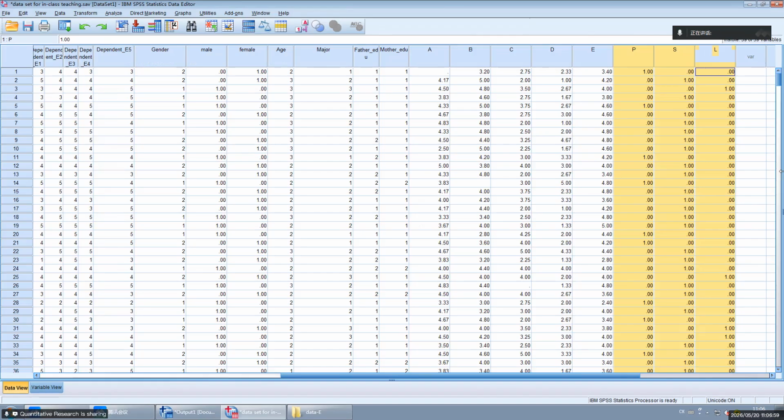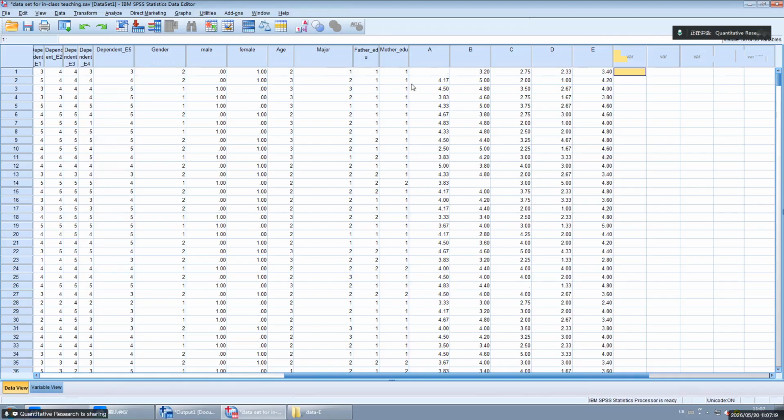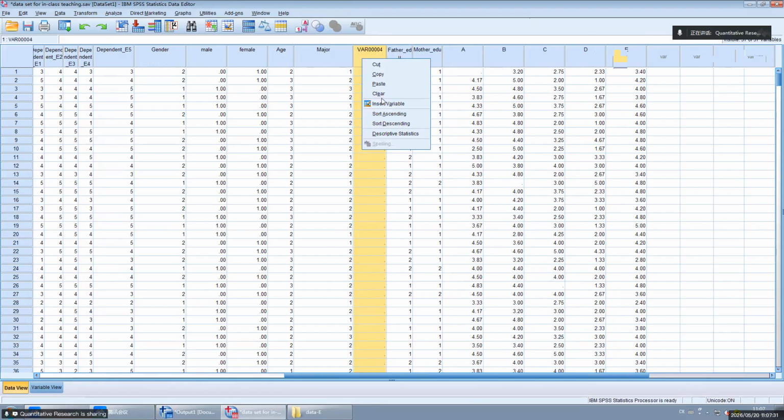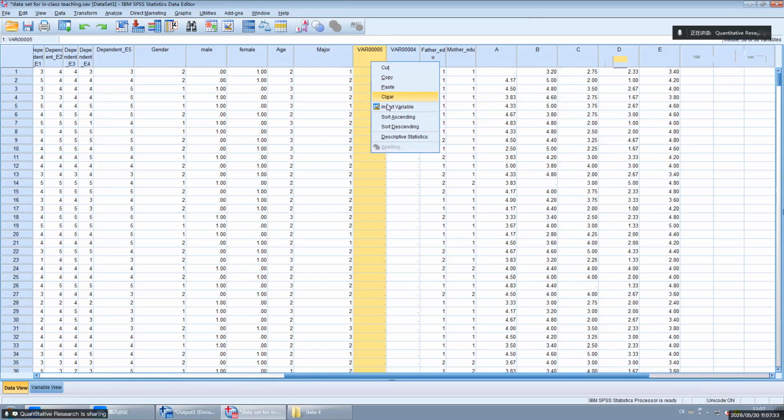So now I'm trying to do the next one. I want to move them and group them together with major. So I cut them, and I create 3 new ones after major. 1, 2, 3.